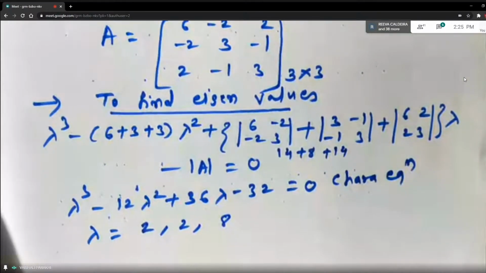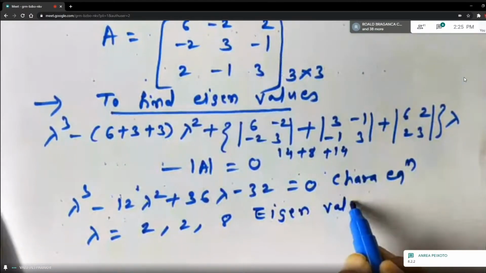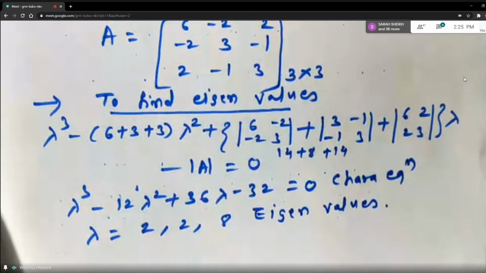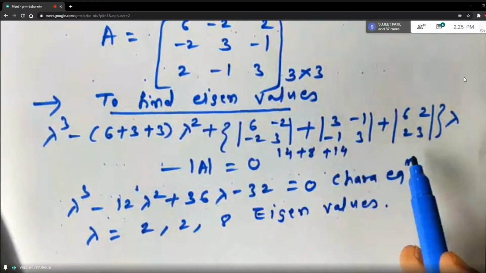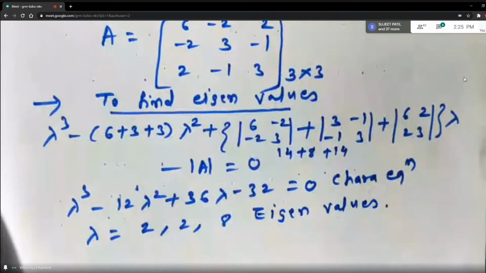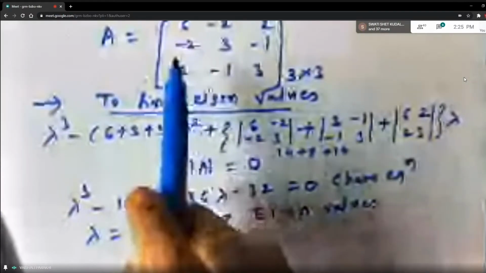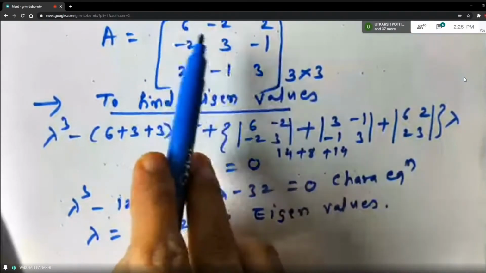Okay. Now, these are your eigenvalues. How to check whether your eigenvalues are correct or not? Because unless and until you check these eigenvalues, don't proceed. Because if these values are wrong, it means something is wrong in your calculation or in the formula, right? Plus minus. So what is the way I told you to check it? You have to see what is the sum of the diagonal elements. 6 plus 3 plus 3. So it is 12, right?